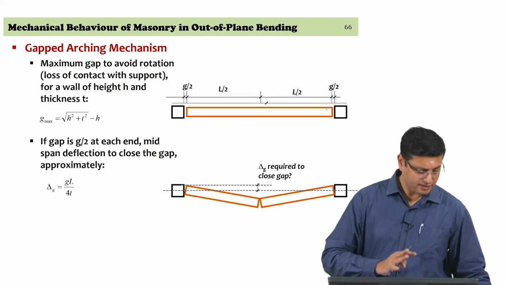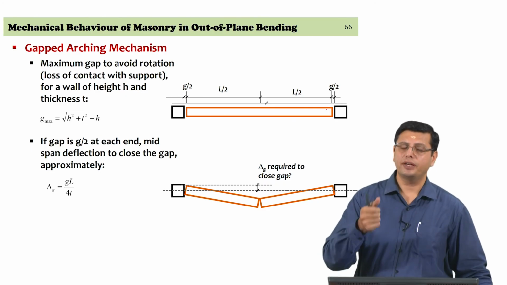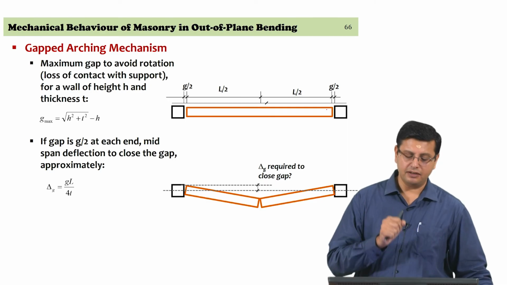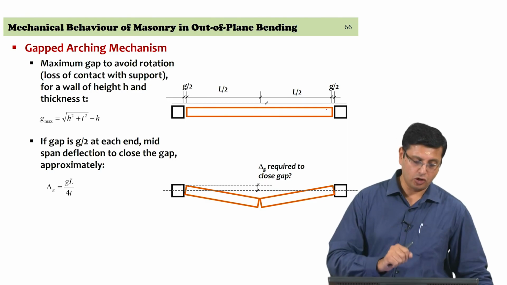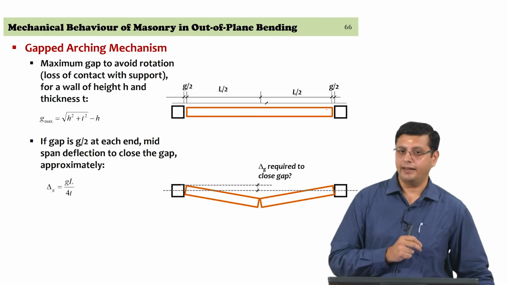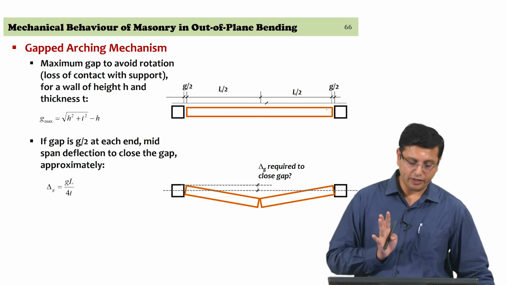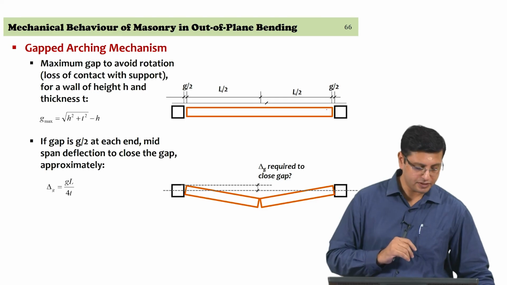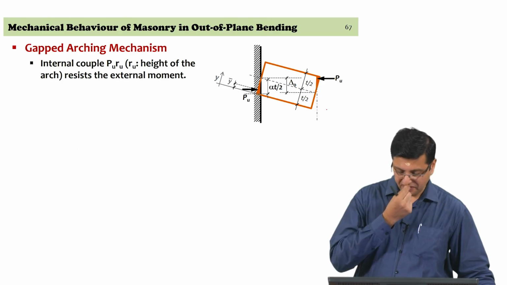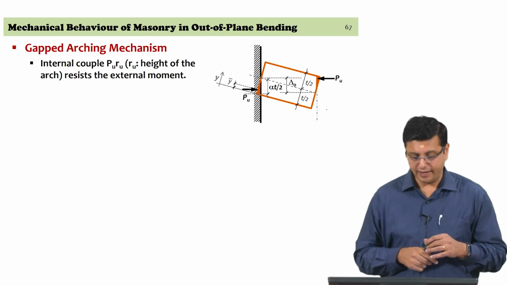So, simplified assumptions, but quick checks that you can do to ensure the gap can be closed, and arching action can be used for estimating the capacity, enhancement of the capacity of the wall itself. So, you can have more rigorous, more detailed calculations, but this is a simple framework that you could use. So, if you were to go back to the original set of expressions that we developed,